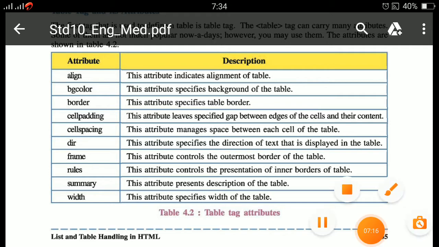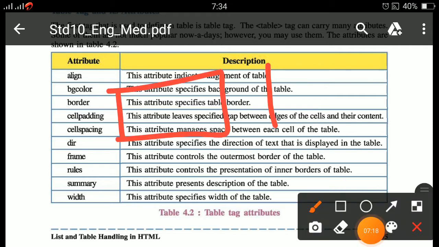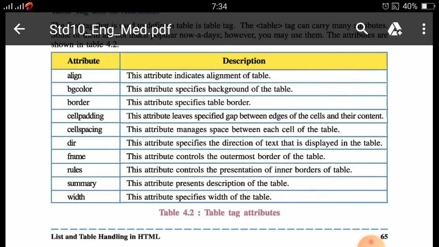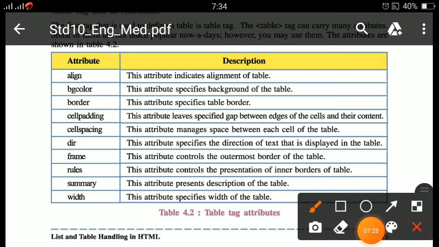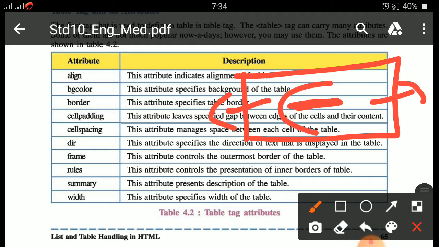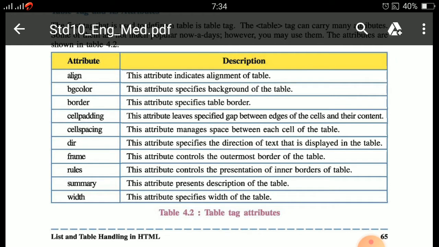Suppose if we want to manage space between two cells, this space, at that time which attribute is used? Cell spacing. Then after, dir, this attribute specifies the direction of text that is displayed in the table. Direction of text. Okay, which side? Left side, right side or center. Then after, frame.